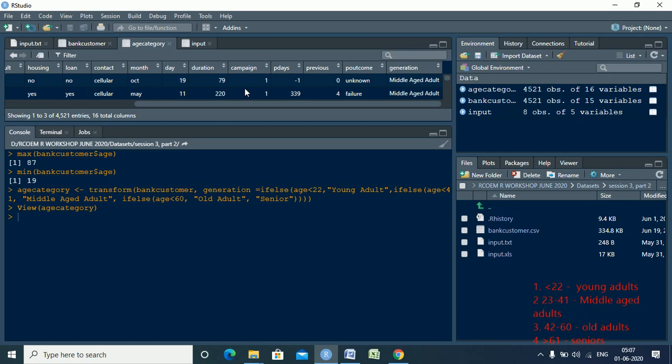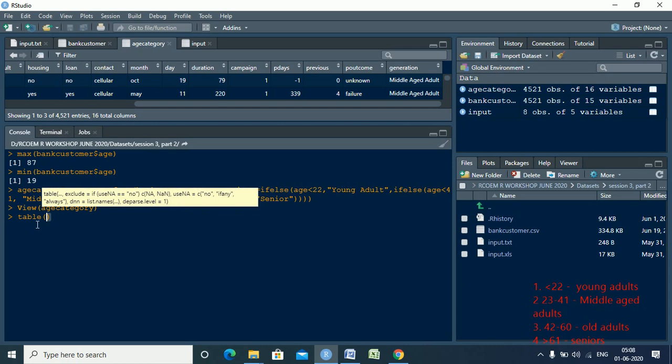Now outcome is a categorical variable, generation is also a categorical variable, and we want to find out if there is any kind of relationship between the two of them. So we need to prepare something called a crosstab or a contingency table. We can construct a two-way frequency table using the function table, right?